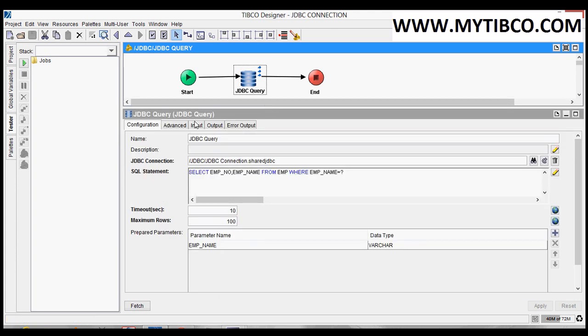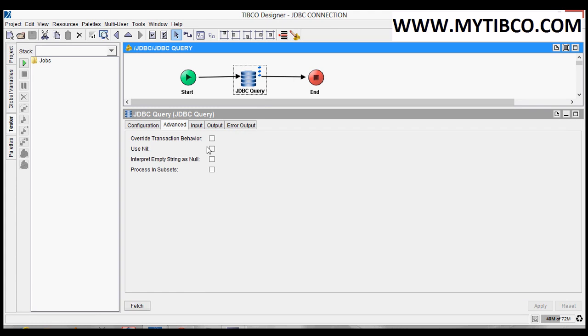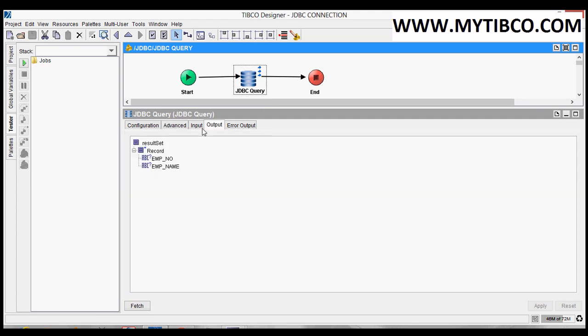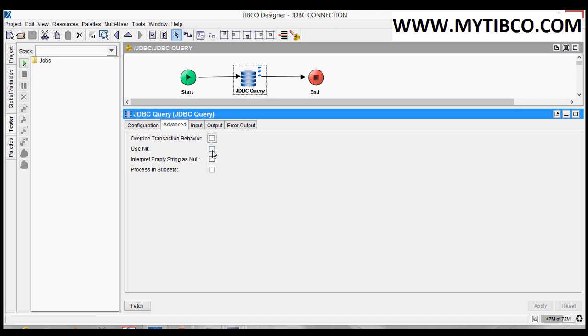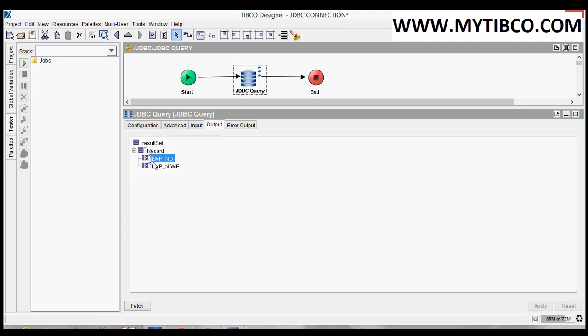In the XPath we can use the null, so that it will give a boolean value saying whether the value is null or not. Now I am explaining this. Let us see the output we are getting. Here it is giving only 2 records. Now go to advanced, use nil and click on apply. Go to output. Okay, now fetch it.